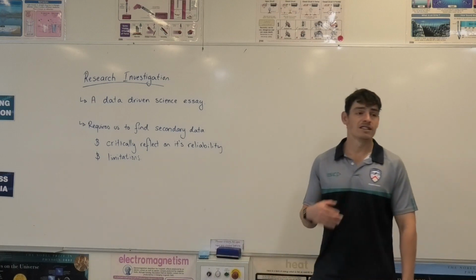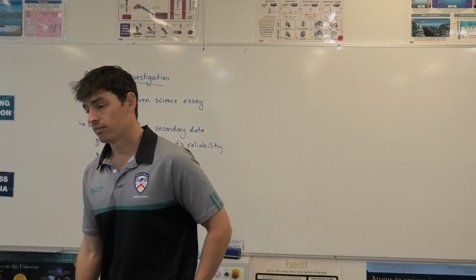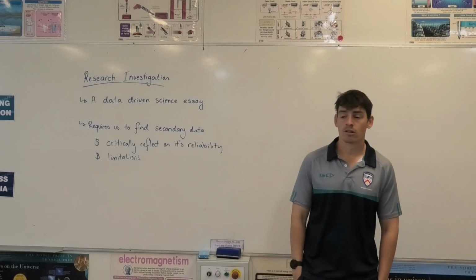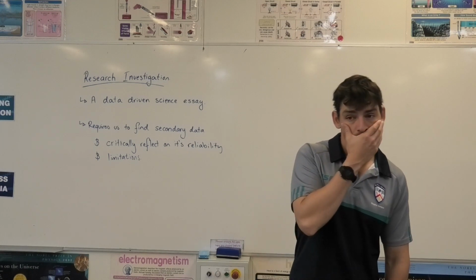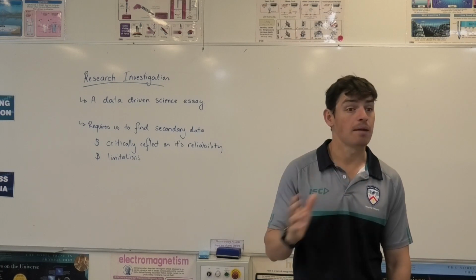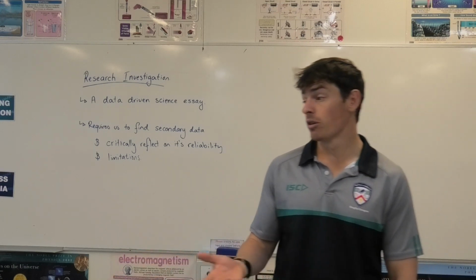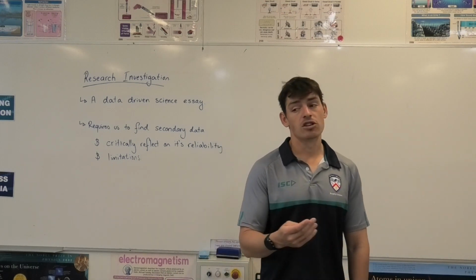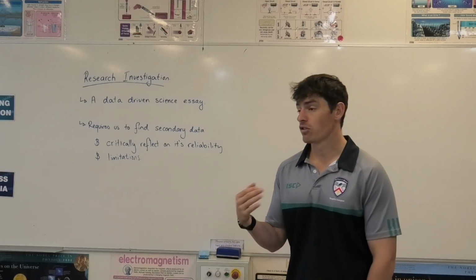What we need to do is to find secondary data to investigate our claims. We have 2 claims here. What are they? Nuclear power should be a main source in Australia, and nuclear power is a safe energy source. Okay, so you've got 2 pretty general claims. What do I mean by general? There's a lot of stuff to cover. It could cover heaps of different things. What do I mean by safety? What do I mean by should be? What do I mean by nuclear power? There's not just one sort of nuclear power, there's heaps of different sorts. Cool. So we need to break that down, and that's how you get the variability.